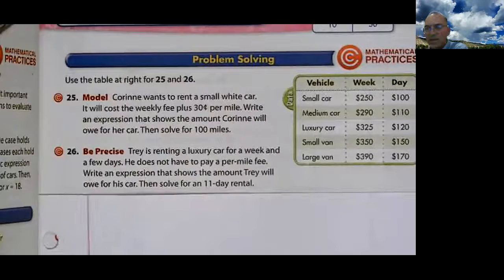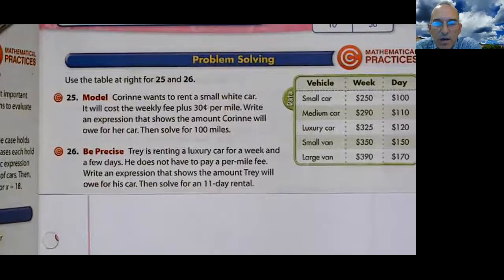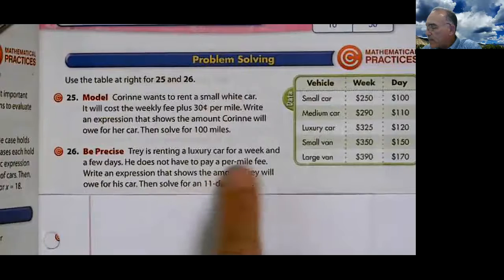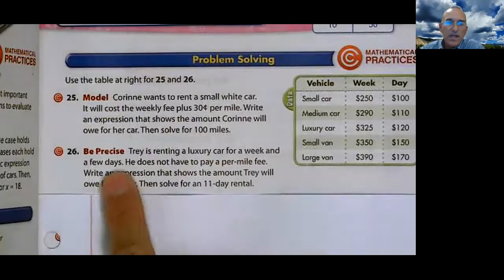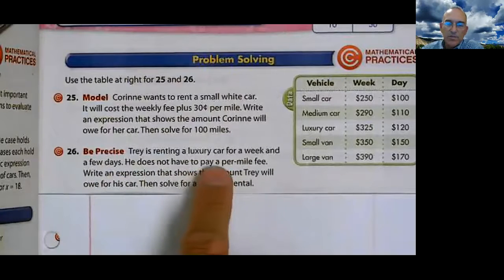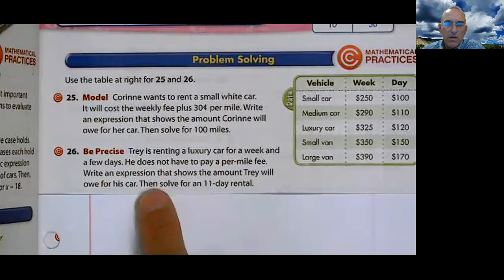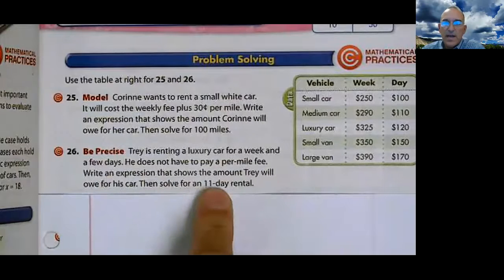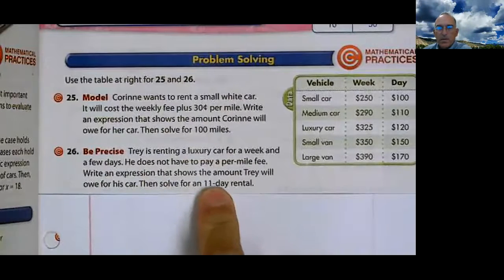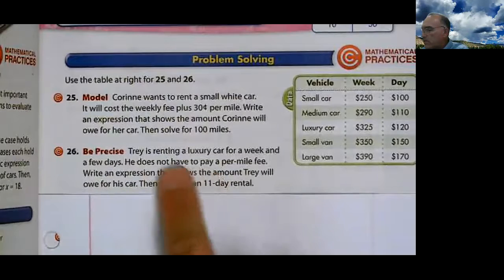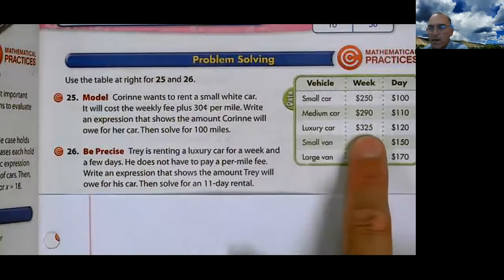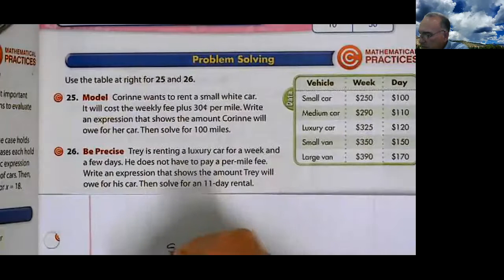This is number 26. Ready? Trey is renting a luxury car for a week and a few days. He does not have to pay a per mile fee, so there's no per mile. Write an expression that shows the amount Trey will owe for his car. Then solve for an 11-day rental. So he's renting, let's get that mouse out of the way. Trey is renting a luxury car. There it is. So his is